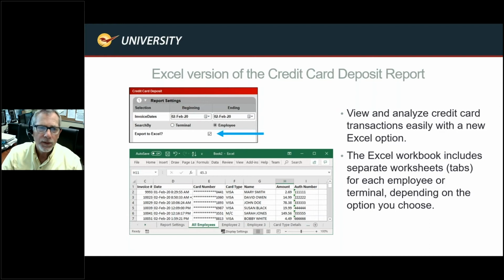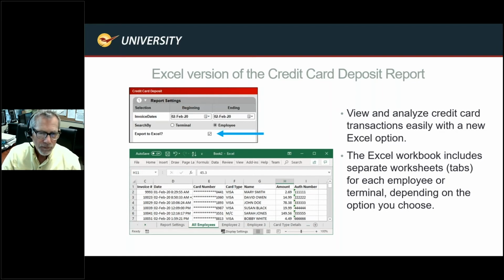All right. So what's next? So we have an Excel version now of the credit card deposit report. It used to only be in PDF on the daily report at the end of the day, right? So you do your reconciliation report, and it has a full-on list of all the different items that were in the credit card. Now this has the ability to push this out to an Excel spreadsheet, just the credit card transactions. So very helpful. It will not have any information that is not PCI compliant.